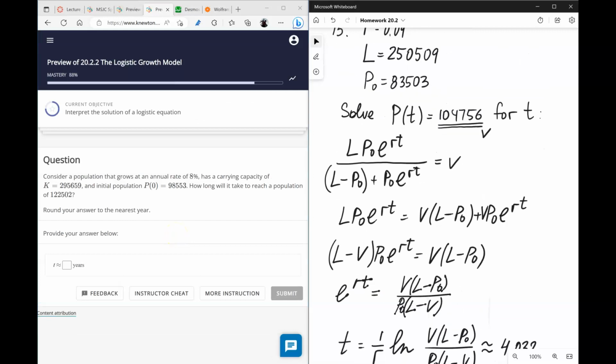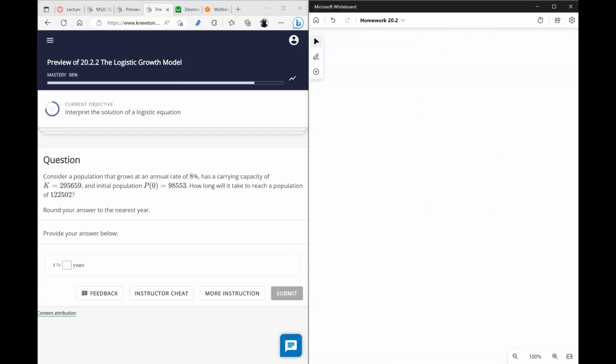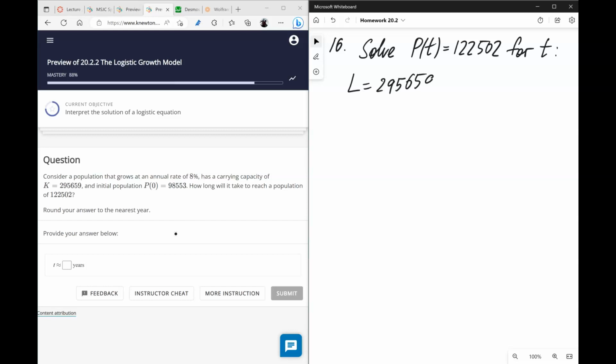All right, we have another chance to redeem ourselves. How long will it take to reach a population? So we're trying to solve P of t equals 122,502, and L is equal to 295,659, R is equal to 8%, P0 is equal to 98553,